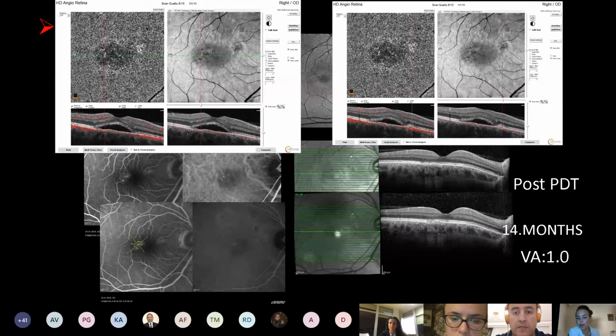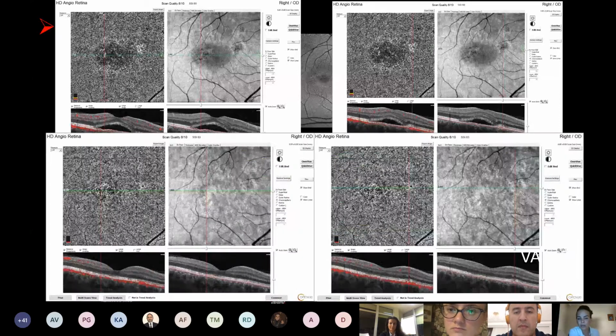Even if I already knew there are 2 different plaques in the OCTA images, I never changed my idea about the treatments. I decided to treat these patients with PDT, even if I know already he had some choroidal neovascularization in the macula. And this is the final result after one PDT, half-length PDT.